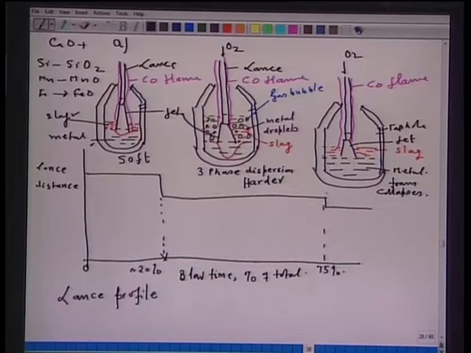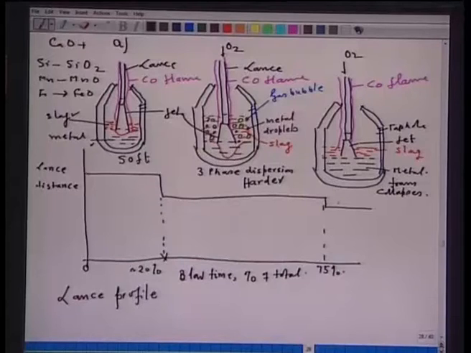So, the lance is slightly reduced beyond 75% till the end of the blow, where the blowing is complete. Now, whether the lance should be reduced or not depends on the profile, on the specification, and again on the operator's choice.